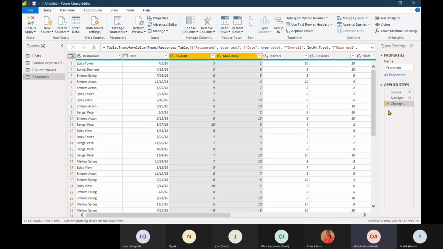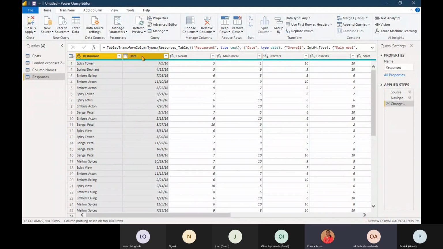More columns, less rows, and in the unpivoted one, more rows and less columns. Correct. Okay, so unpivoted, go back now and pivot. So when you're doing your analysis, you need to unpivot, because you can't analyze with this summary saying overall is 5, main meal is 1, all that. Okay, unpivot,